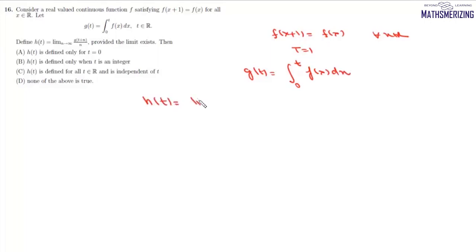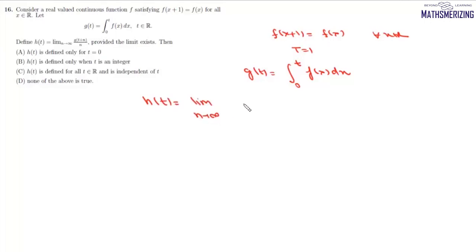Now question number 16 is, consider real valued function f satisfying f(x + 1) = f(x) for all x belongs to R. That means this function is periodic with period 1. We are given that g(t) is this integral from 0 to t f(x) dx and we have defined this function h(t) as this limit